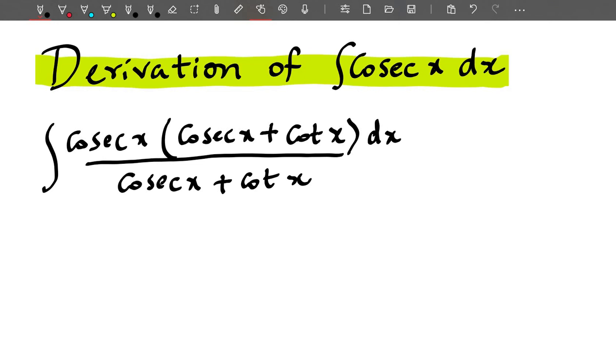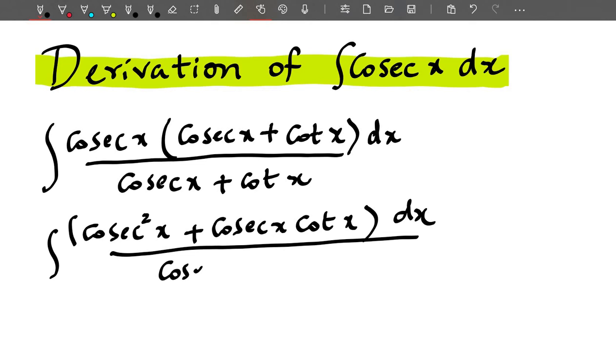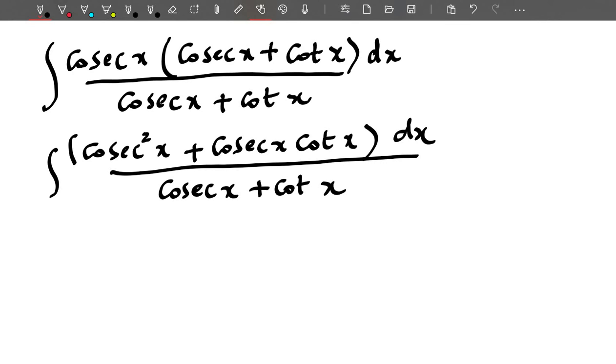Now, see what is cosecant x into cosecant x, which is cosecant square x, plus cosecant x cot x. Now when you look at the numerator part, what we observe there is, if you take the denominator as t,